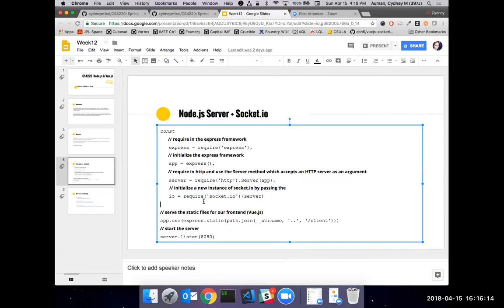We require in Socket.io, and Socket.io takes an argument to initialize it. The requirement for Socket.io on the server side is that it needs to be an actual server application. And so we're now passing server into that. And then this is a little bit of code from the time before where we're just requiring in our view front end, and we can start our server with just server.listen. So just these two new lines of code, really just these two, the other two are the same. We're just creating a new HTTP server instance.